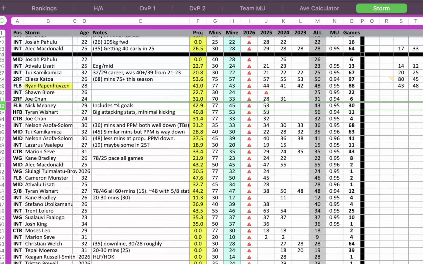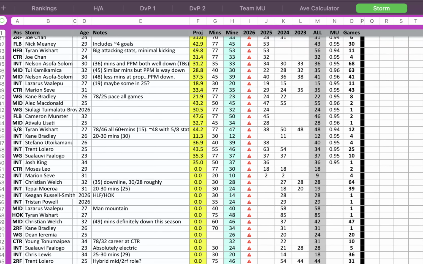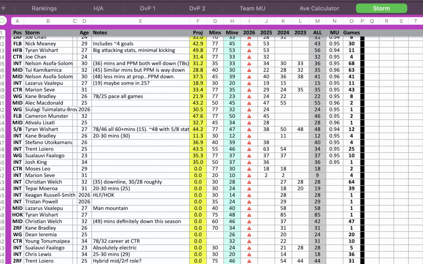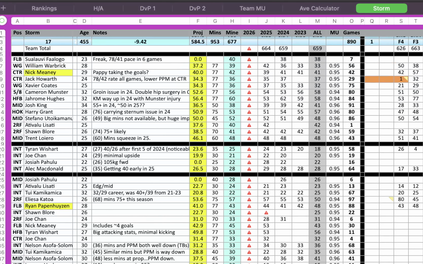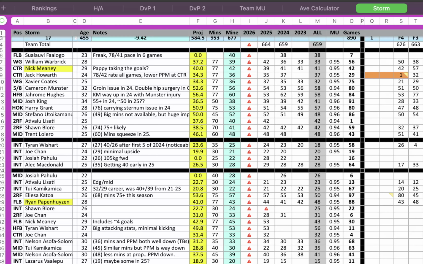Meaney the winger, 39 games in that sample. I'm sure I had him as a five-eighth and a bench player as well, but maybe not. Anyway, there's plenty of players like that. Wishart the benchy, Wishart the halfback, Wishart the five-eighth, Wishart the hooker.